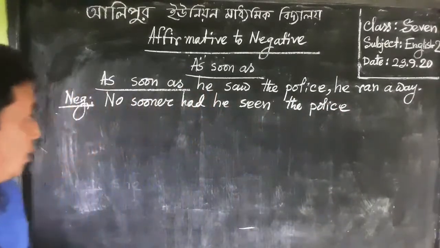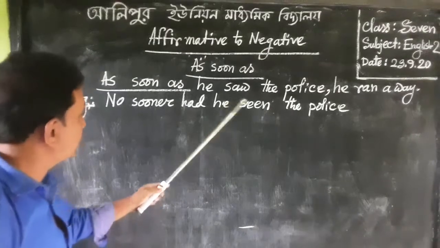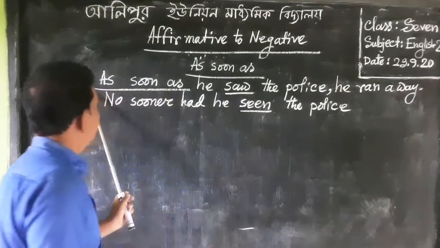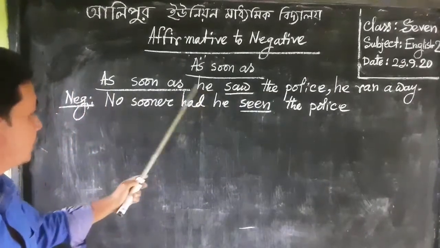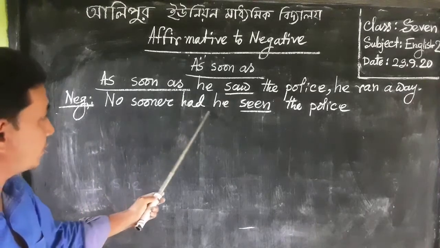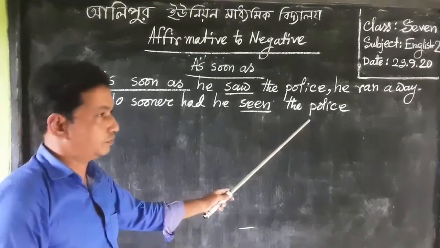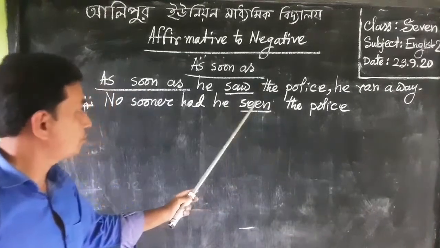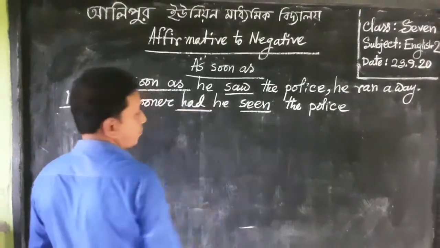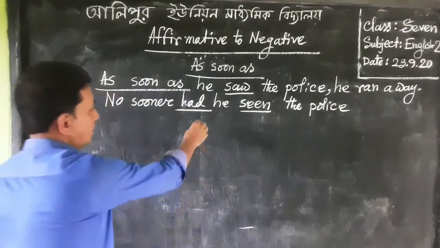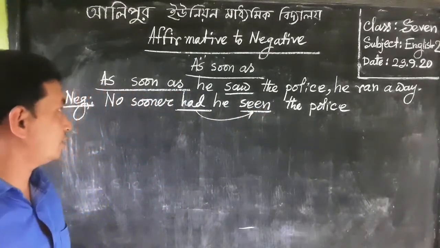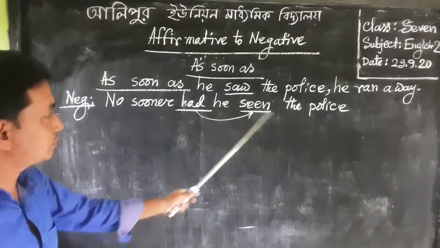Dear learners, I hope you have seen the function of the verb. In the first sentence, as soon as he saw, but in the second sentence, no sooner had he seen the police. Why we put seen? Because here the auxiliary had, and so the verb should be changed into past participle. Okay, dear learners, no sooner had he seen the police